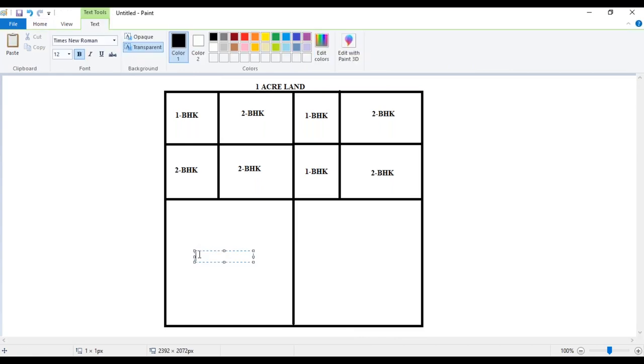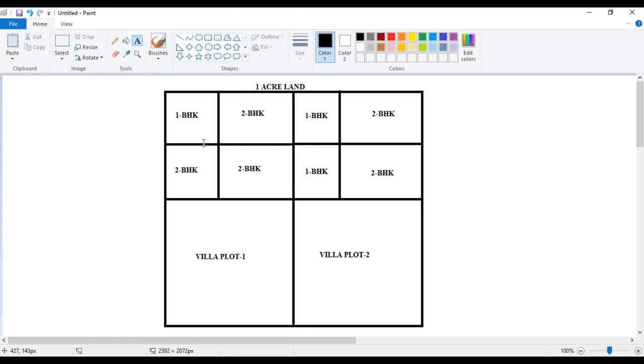So I left 2 plots as villa plot 1 and 2, and the remaining plots I made into another 8 plots for 1 BHK buyers and 2 BHK buyers.